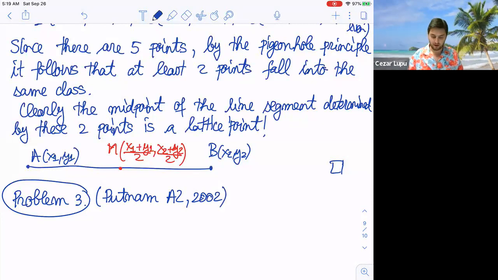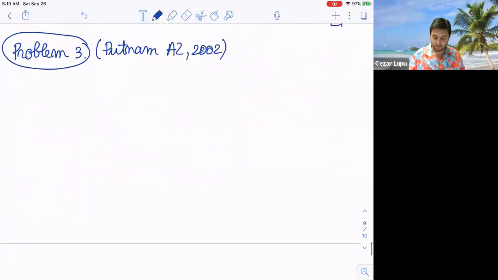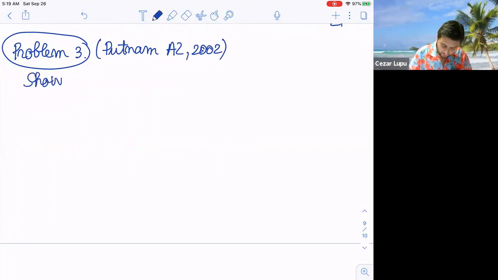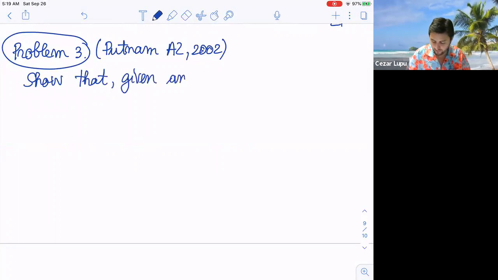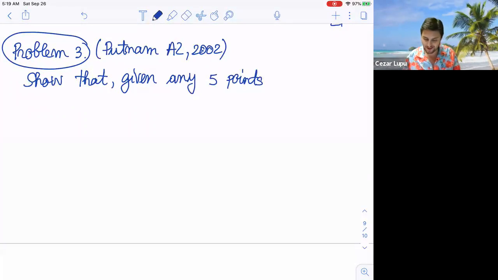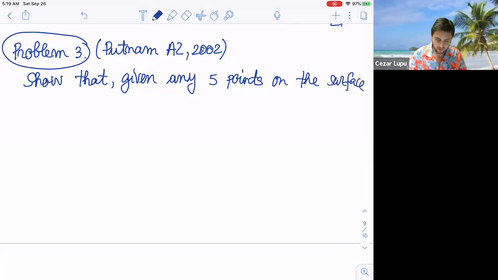And the problem says the following. Again, it's not a hard problem, but anyway, let's write it. Show that, given any 5 points on the surface of a sphere,